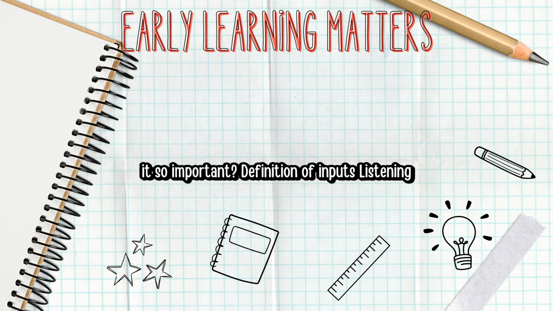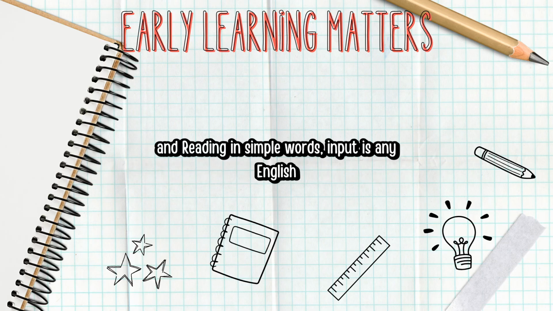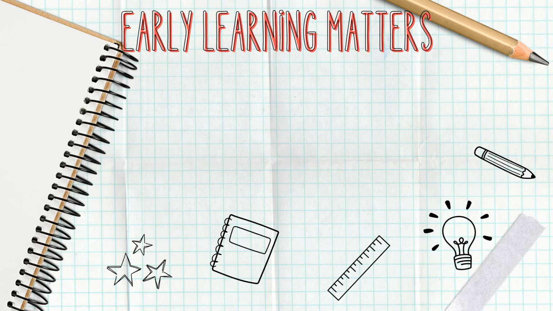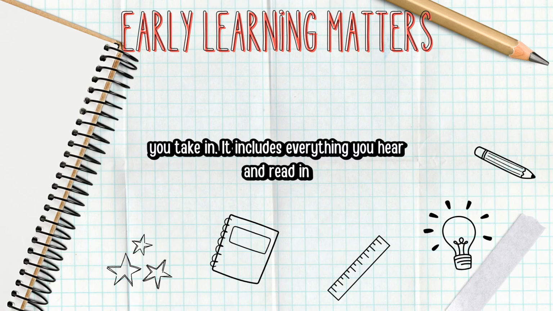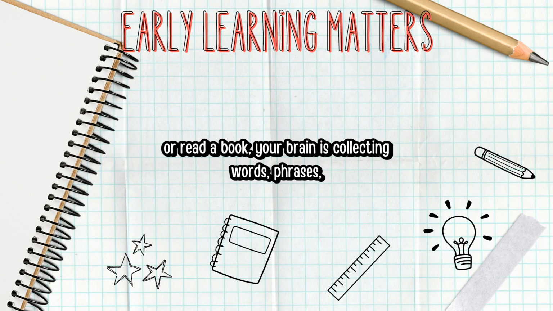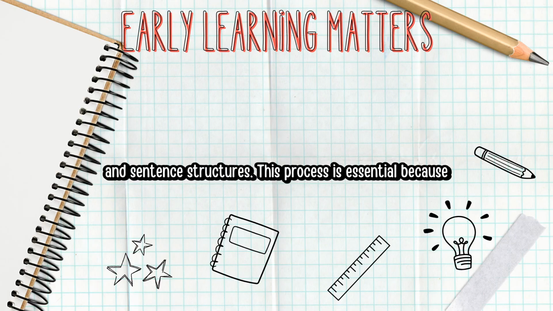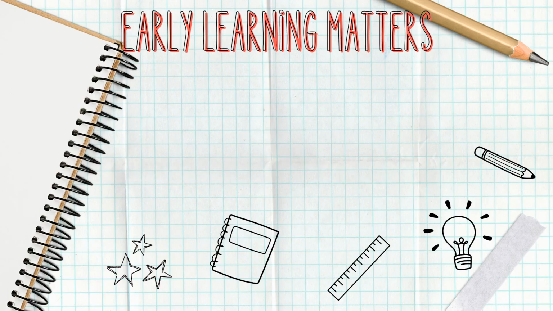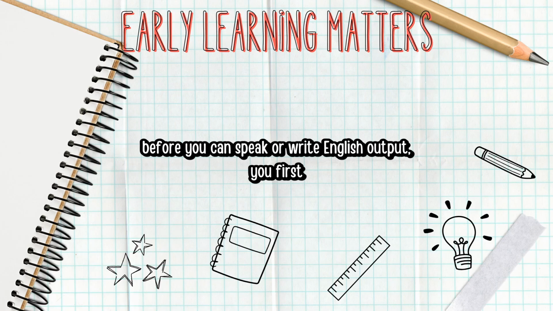Definition of inputs: listening and reading. In simple words, input is any English you take in. It includes everything you hear and read in English. Whenever you listen to an English conversation, watch a movie, or read a book, your brain is collecting words, phrases, and sentence structures. This process is essential because before you can speak or write English, output, you first need to